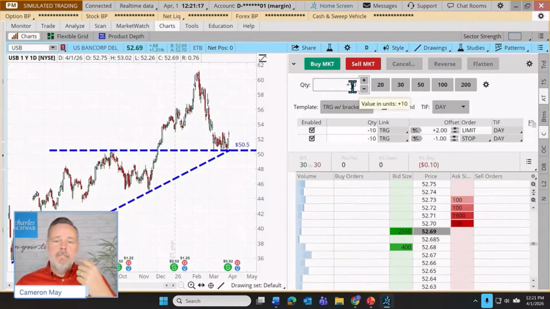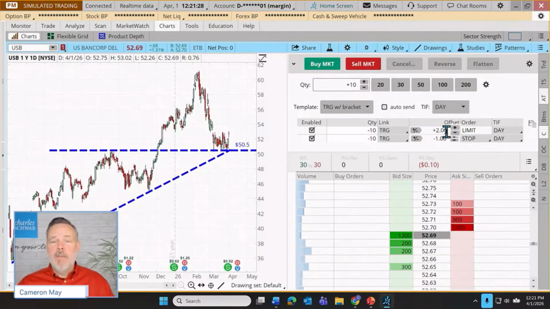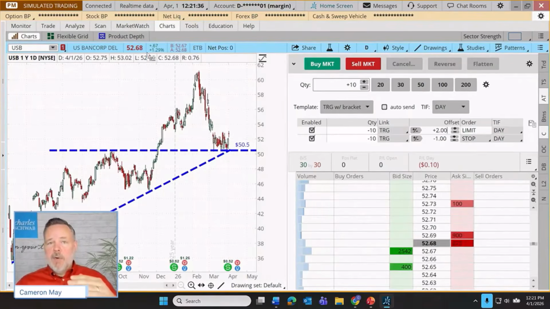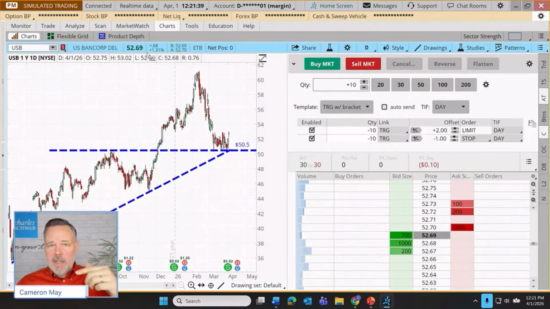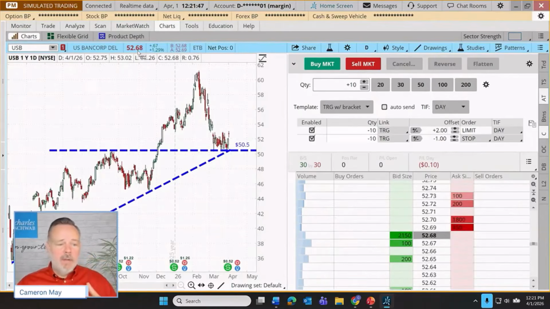So this is putting in a first order and then 2 sell orders. Our first order is to try to sell at a limit price of at least $2 above whatever it fills for. So if we happen to buy at, let's say, $52.69, then this would have an order in to sell us out at $54.69. If we happen to buy at $52.69, it'll have an order to sell if we fall down by $1. So it's sort of trying to cover profits or losses, but to do it quickly.